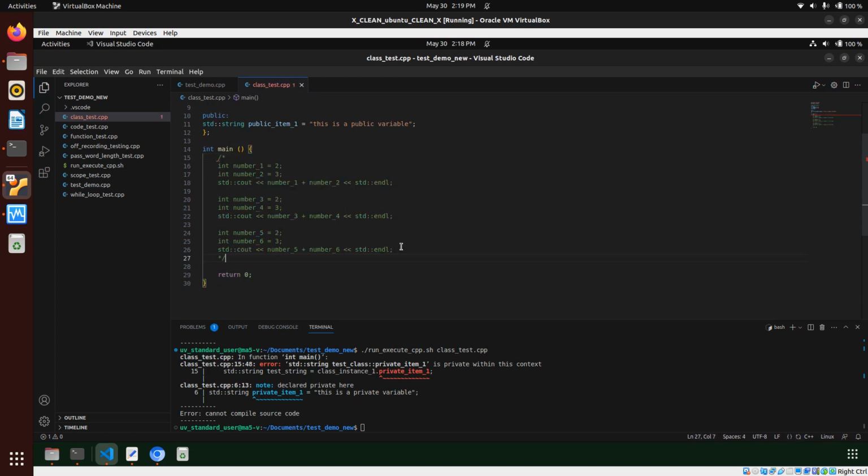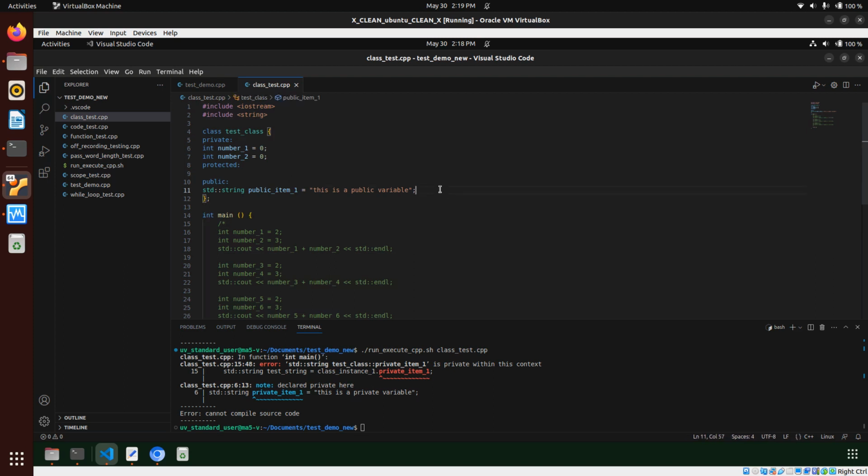Okay. Now, before I had said that you can't access private variables outside of the class. So then how am I going to assign values to the private variables that I have just created? One way is to use a function which is marked as public. So this is how I'm going to do it. I'm just going to make a function as normal. So, int, why not? And I'm going to call it set numbers,